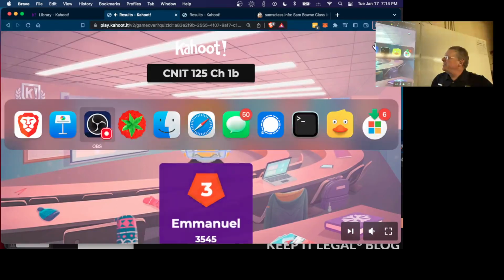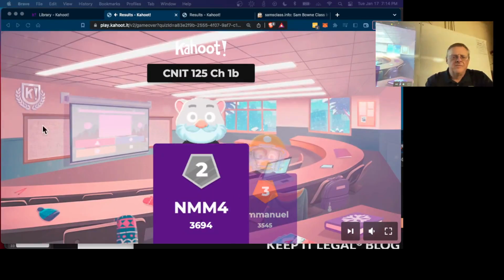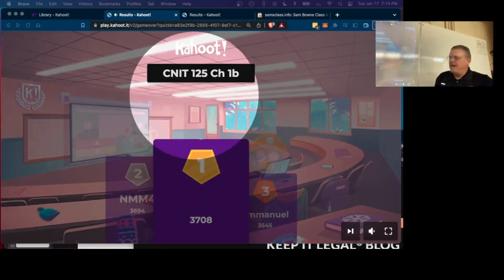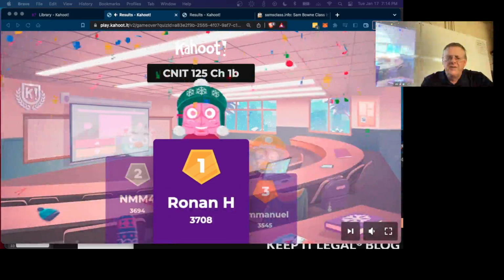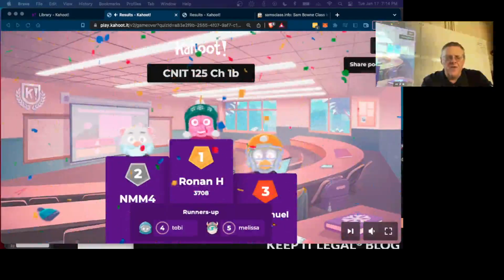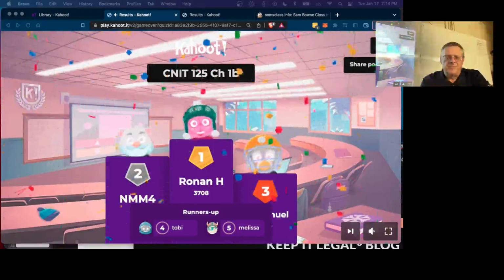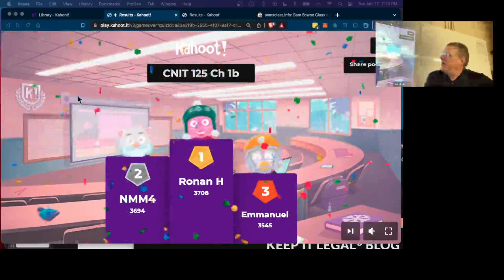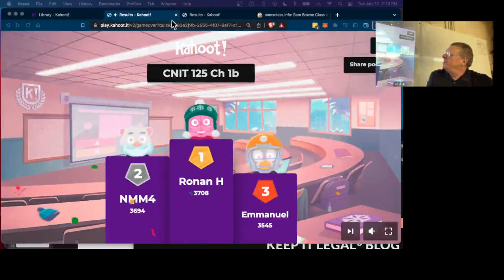There's the manual again, good. And NMM, good, I know who that is. And Roman H, all right, good, a new woman. Good. Gotta get my mesh,